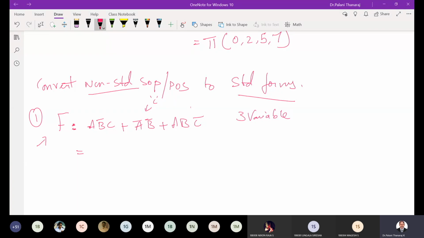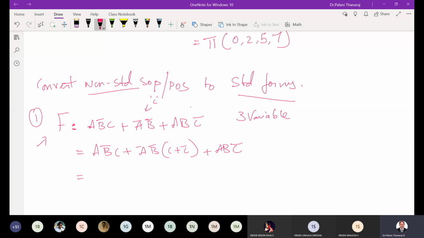theorem. So what I do is A B bar C plus A bar B bar, can I write C plus C bar? Whatever is missing, I just bring in. I try to invoke the corresponding theorem. Here I use the complement theorem, plus A B C bar. Only C is missing, so it's enough. I bring in the missing variable. Then it is going to be a standard form, right?